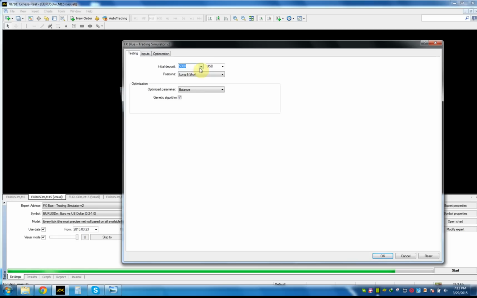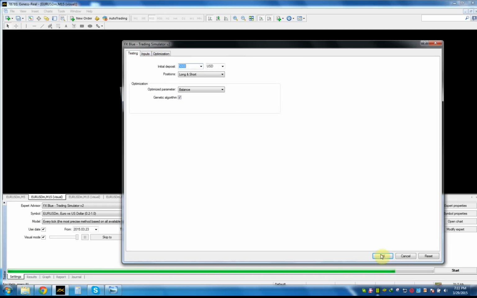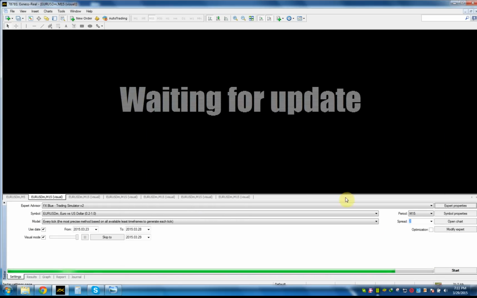I typically scalp with about $3,000, anything between 3,000 and 5,000. That is basically my risk capital as pertains to scalping techniques. And typically my money management is never risk more than 1%. It depends on what you do, but I want to trade similar stuff to what I have been taught,